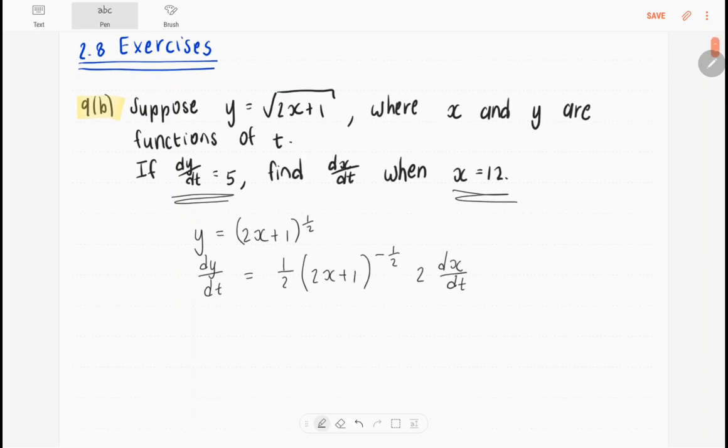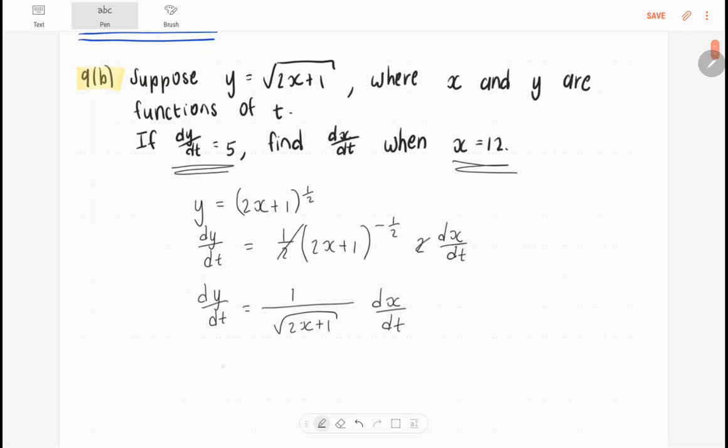So now I have dy/dt equals the half and that 2 just cancel out, they make 1. Then I have 1 over the square root of 2x plus 1, times dx/dt. So that means that dx/dt is going to be the square root of 2x plus 1